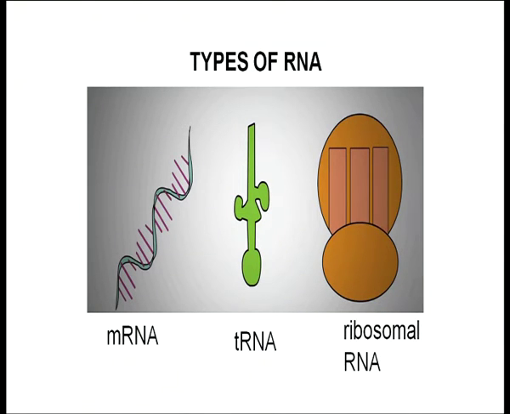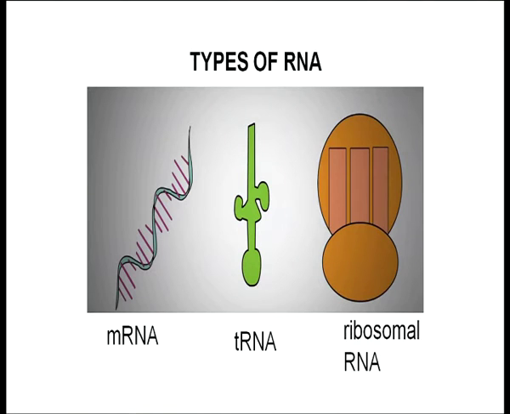At the bottom of it, the anticodons are present, which are complementary to the codons which are present on the messenger RNA. And on the other side, the top end, as we can see, of the transfer RNA, the amino acid is attached. So for every amino acid, there is a different transfer RNA. Then ribosomal RNA is made up of proteins and RNA. Many proteins and RNA together make up the ribosome.